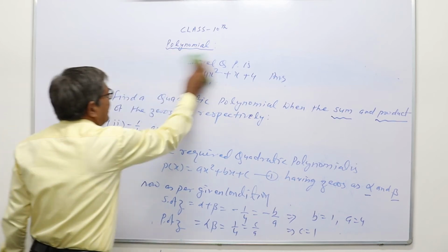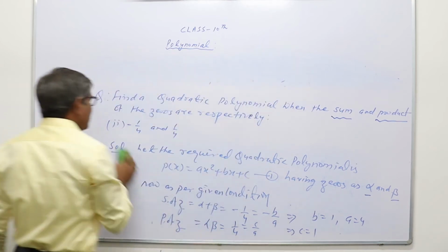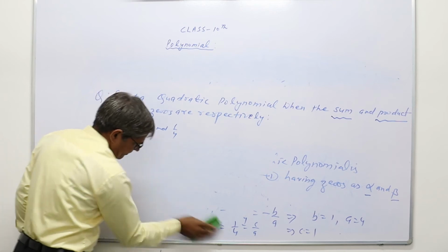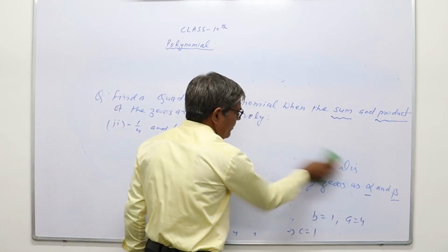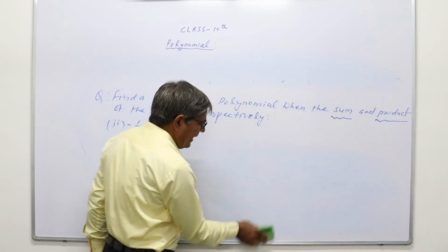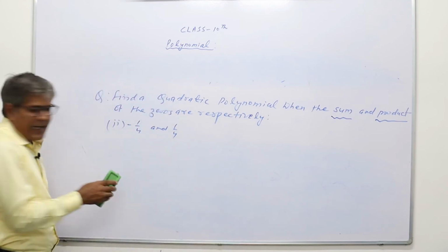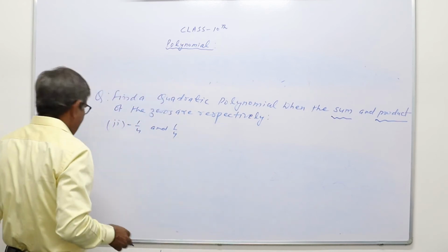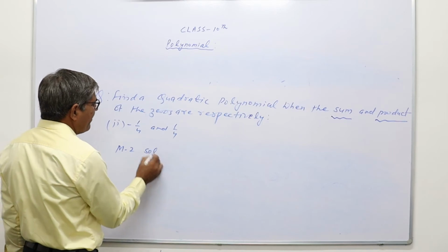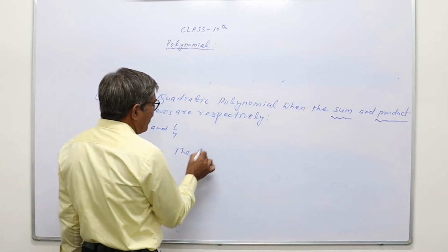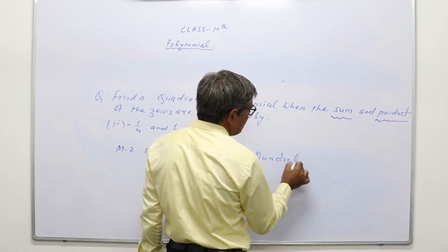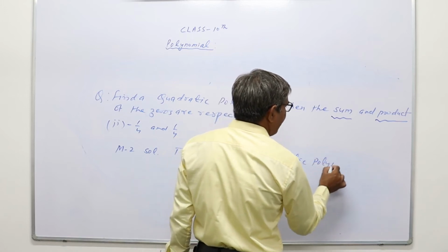Now, second method, using direct sum of the zeros and product of zeros. When sum of the zeros and product of zeros are directly given, then using the second method we can find the quadratic polynomial directly. So, method second, how will we solve? The required quadratic polynomial